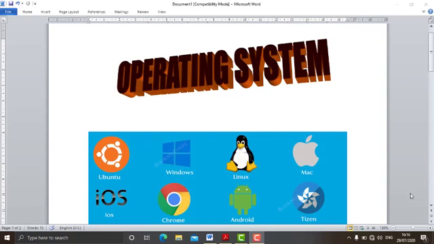It keeps track of all the devices which are attached to the computer, which are installed in the computer. And the program which is responsible for this task is known as the I/O controller. The operating system decides which process gets the device, when, and for how much time.